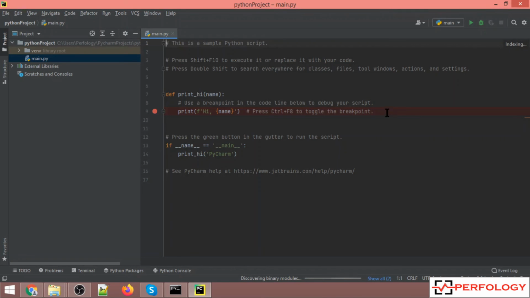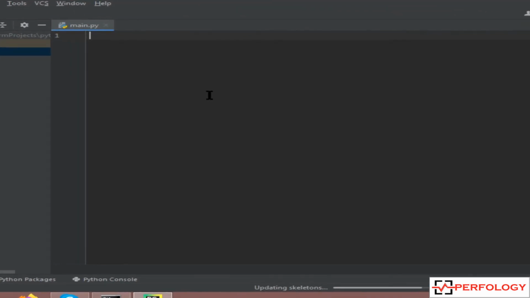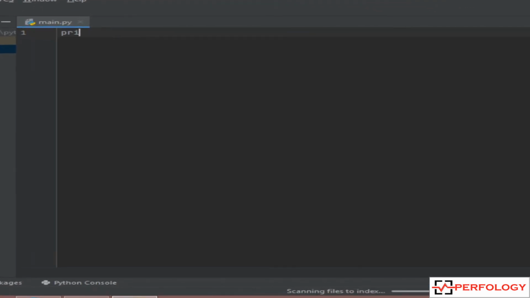So this is our main.py file. Let me clear all this and also run a simple hello world program. So we'll type print, and inside print in double inverted commas we'll type hello world.